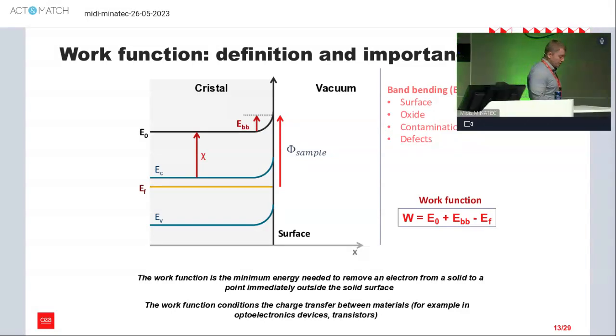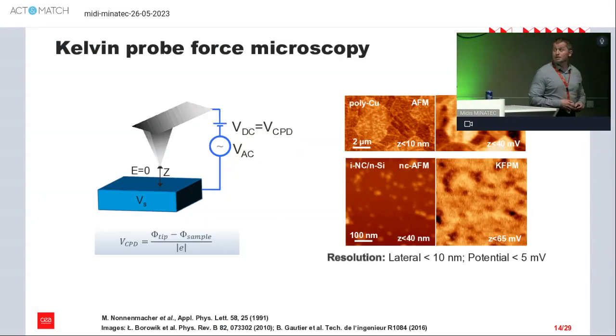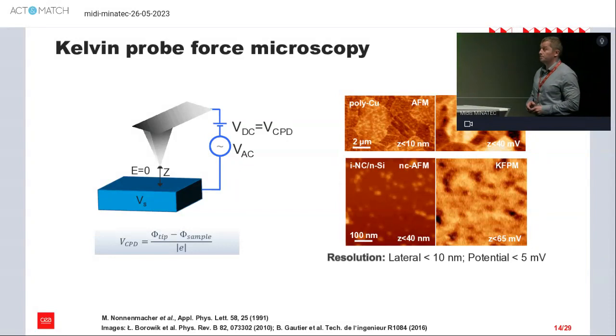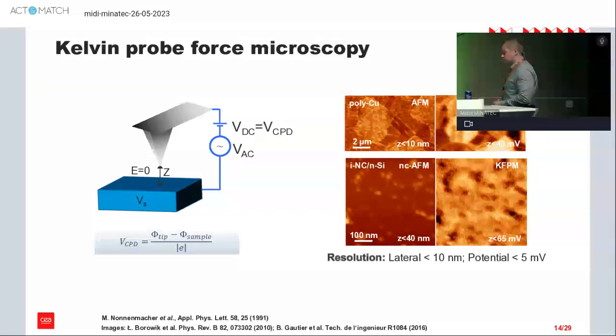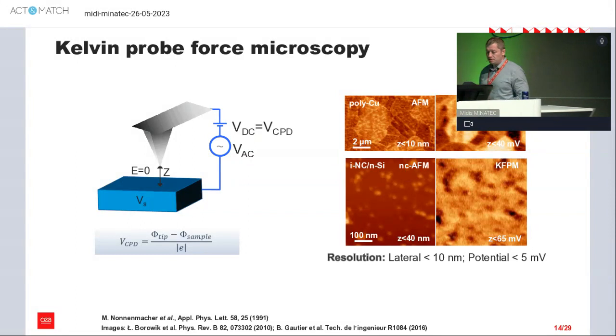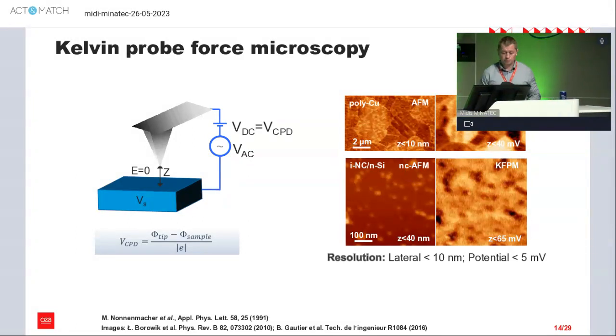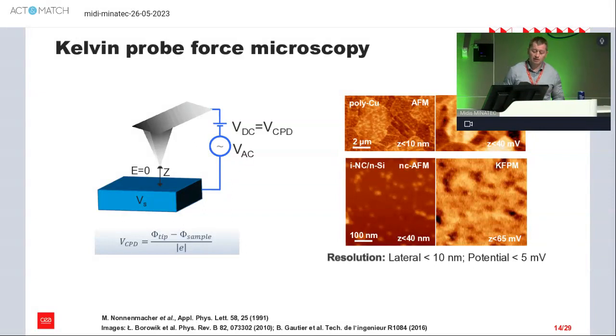So this work function we can characterize locally by Kelvin probe force microscopy. In Kelvin probe force microscopy, we apply VDC voltage and VAC voltage between tip and the sample. And VDC voltage is applied in such a way as to nullify the electrostatic field between tip and the sample. And when the VDC is applied to nullify this electrostatic field, it will be equal to VCPD, which means contact potential